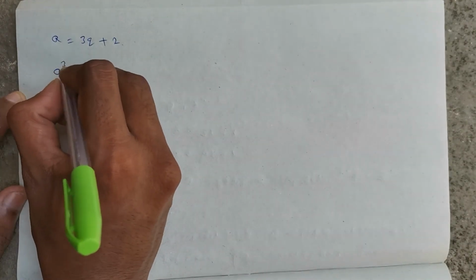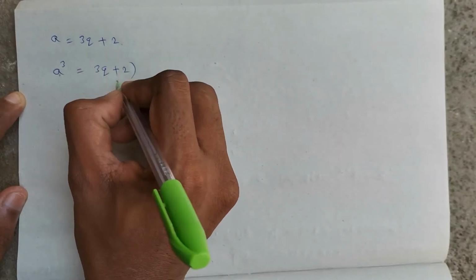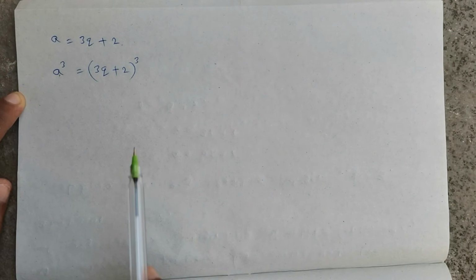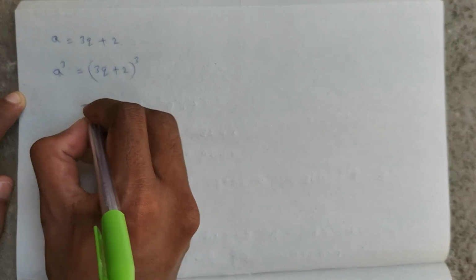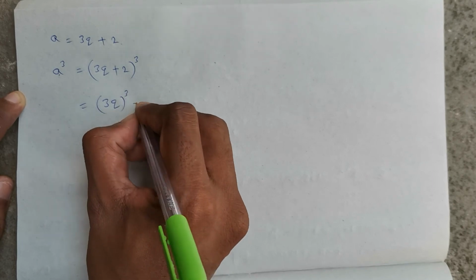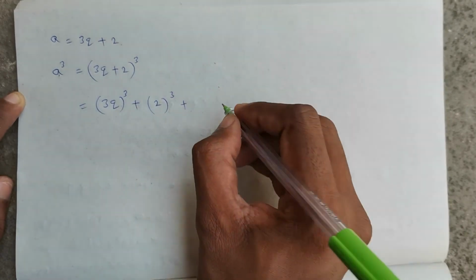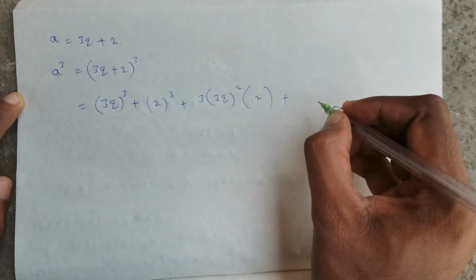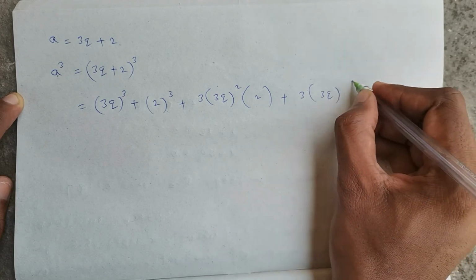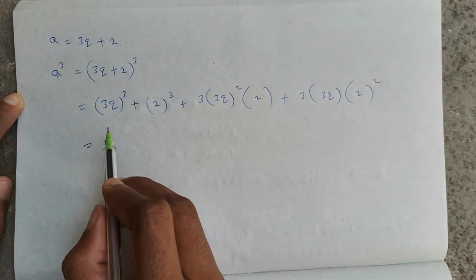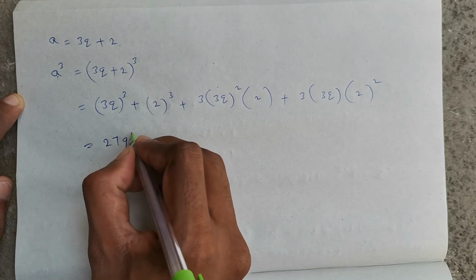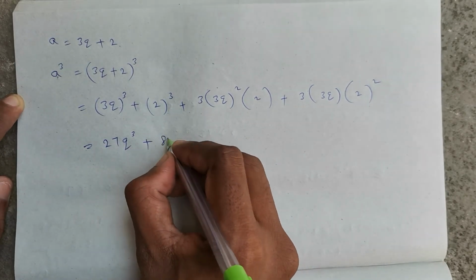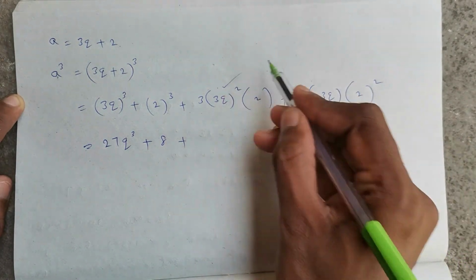Third case, a is equal to 3q plus 2. For this also, cubing on both sides, a cube is equal to (3q plus 2) whole power 3. Again it is in the form of (a plus b) whole cube. So if we expand, a cube plus b cube plus 3a square b plus 3ab square. So here, (3q) whole cube is 27q cube, plus 2 power 3 is 8, plus